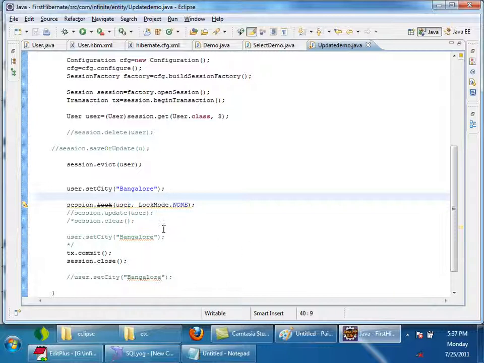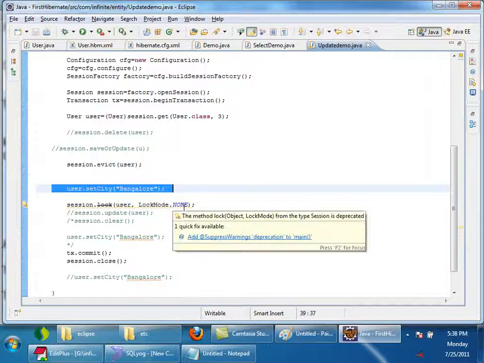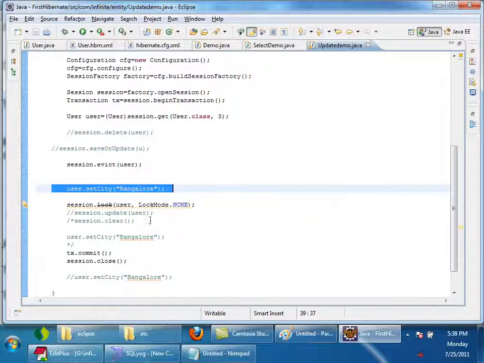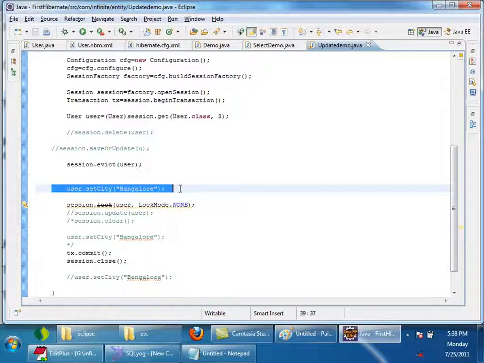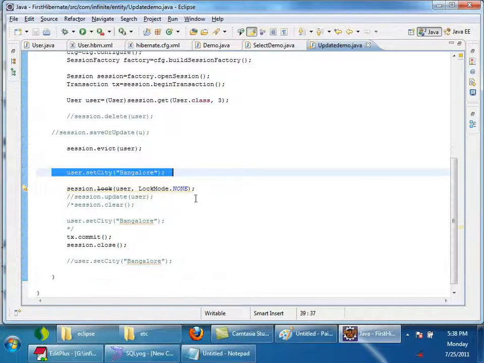Session.lock, let me explain what it will do. Session.lock will make a detached entity persistent, but whatever changes made to the detached entity before will not be propagated to the database. So now whatever change I made to this detached object will not be going to the database.